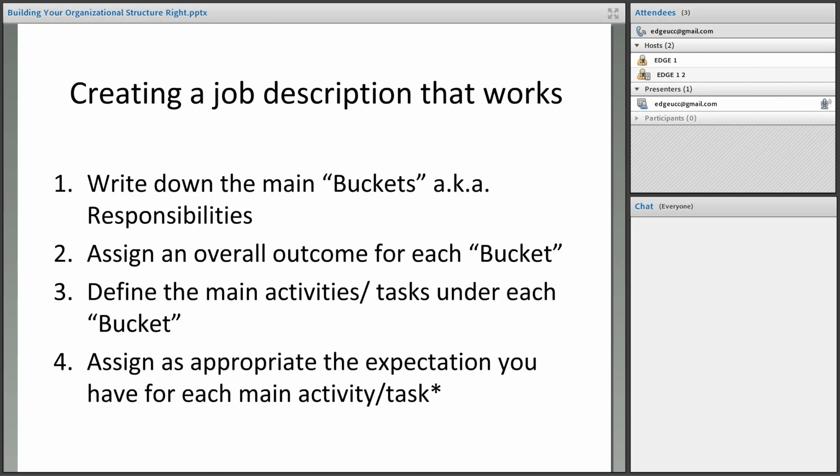Researching the range of compensation for the job you need to do before you begin actual recruiting, but you don't have to do it necessarily to get the posting out. As long as you know that you have money to pay for this position and you've done a little bit of research in terms of an hourly rate, if it's an hourly employee, or a salary that you believe your organization can afford, I wouldn't get too caught up on doing a lot of research for the range, because you can do that concurrently once the posting is out.